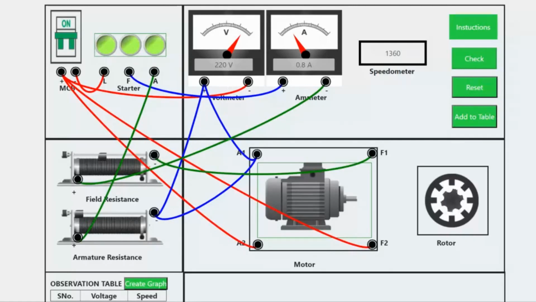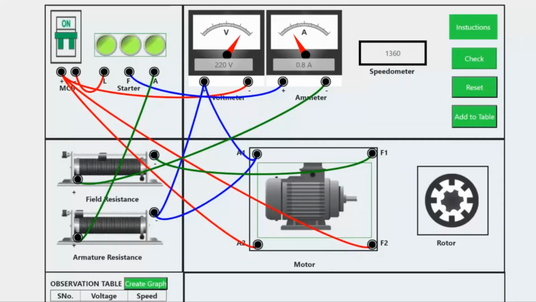In this practical, we are varying the speed of DC motor using armature voltage control method by keeping field resistance to a constant value. Now, keeping the field resistance to a constant value, that is field current at 0.8 ampere,